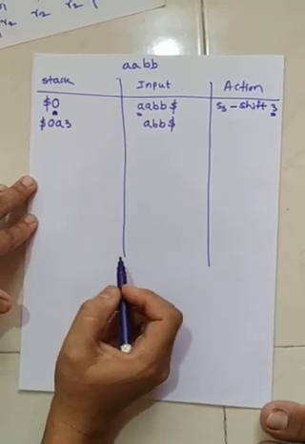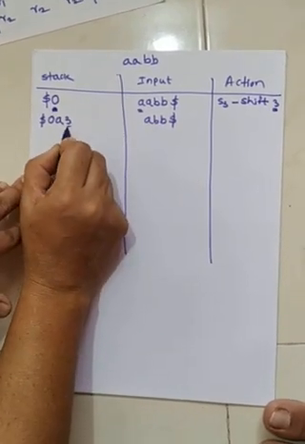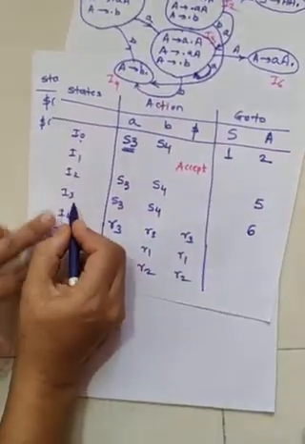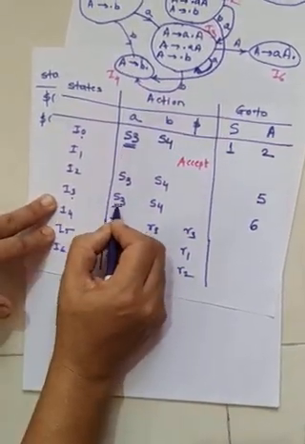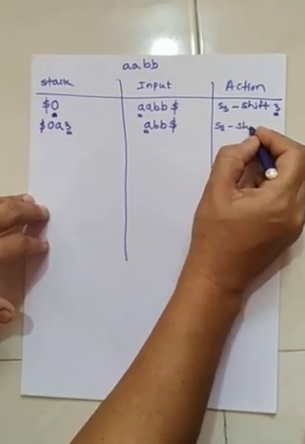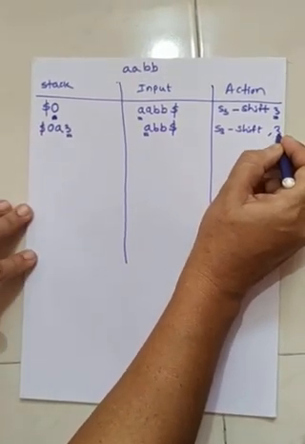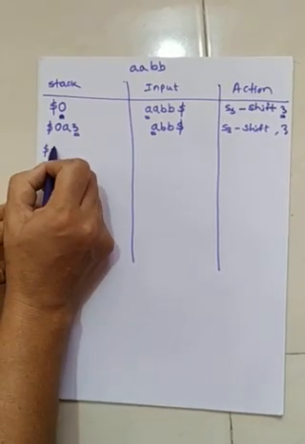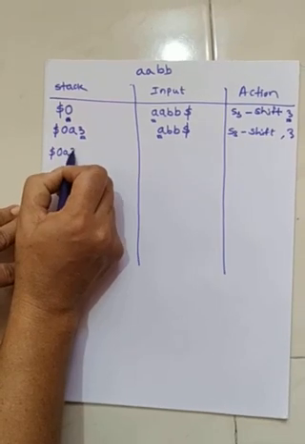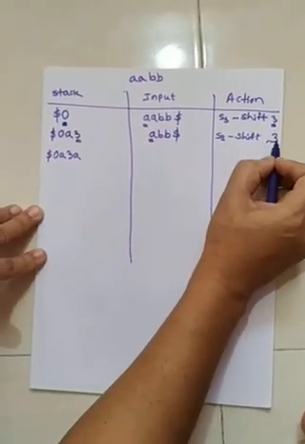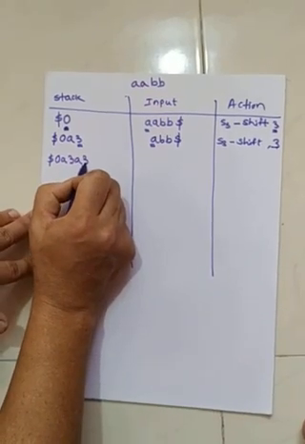Now next, what do we have to check? State 3, terminal A. Again from the table, state 3, terminal A. Again S3 is there. S3 means again shift action and go to state 3. So again we have to shift this A. So dollar, state 0, A, state 3. This A will get shifted here and go to state number 3. So 3 again here.